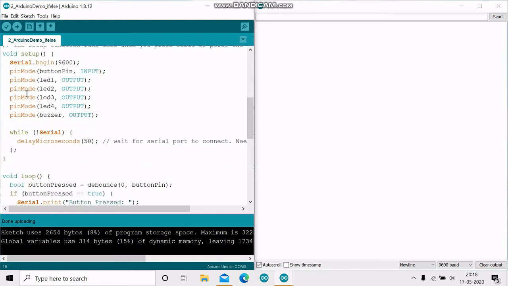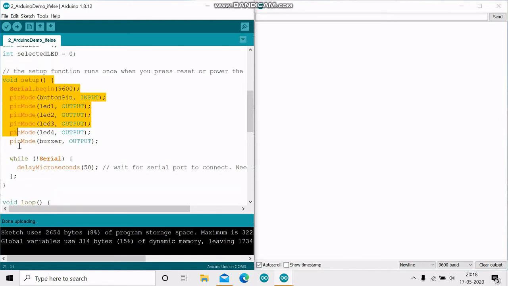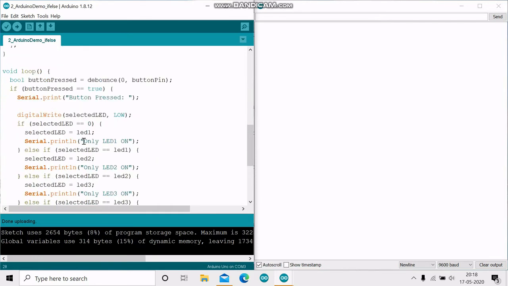The setup function executes once on power on of the Arduino board. It sets up my serial communication and configures all my digital pins as either input or output. The loop function is expected to execute repeatedly after the board is powered on and after my sketch is programmed to the board.